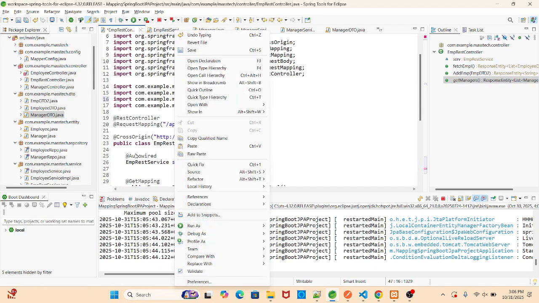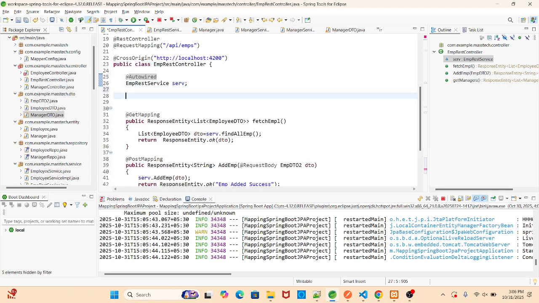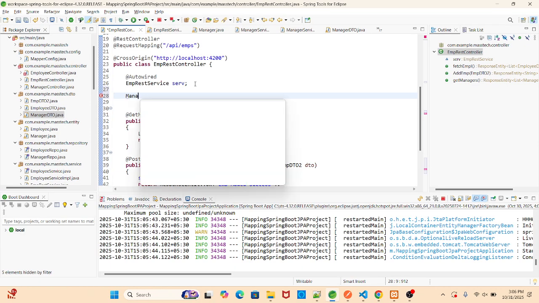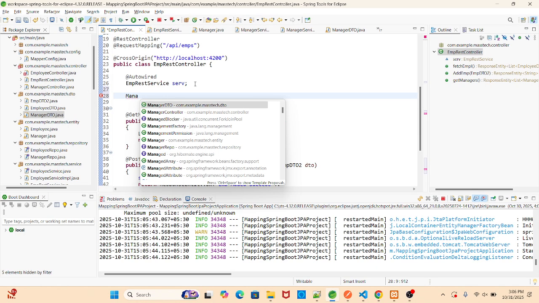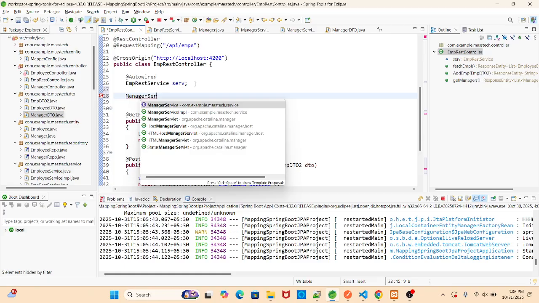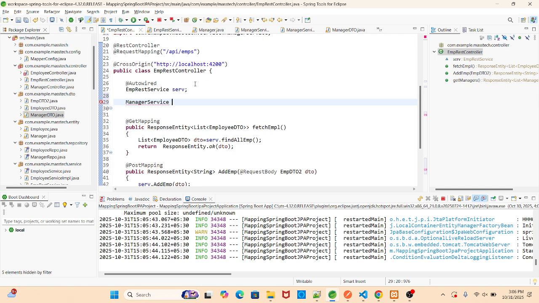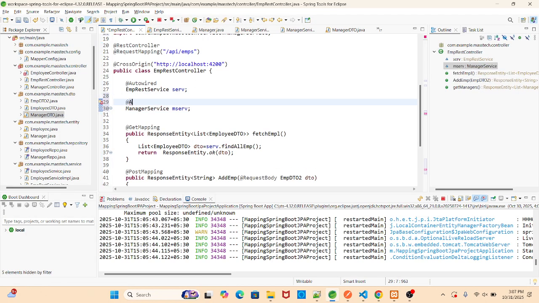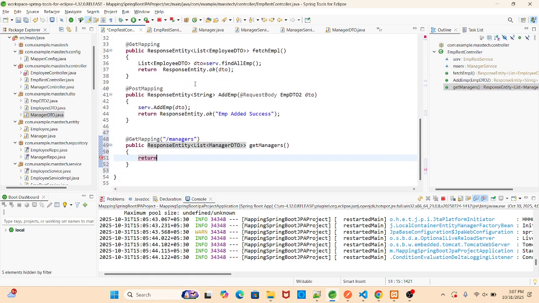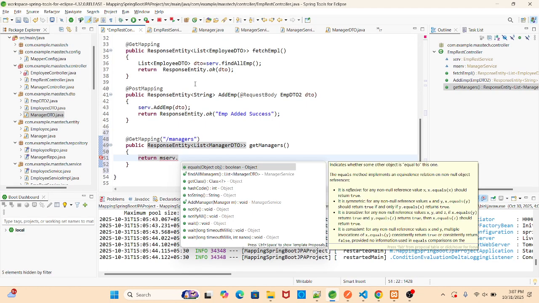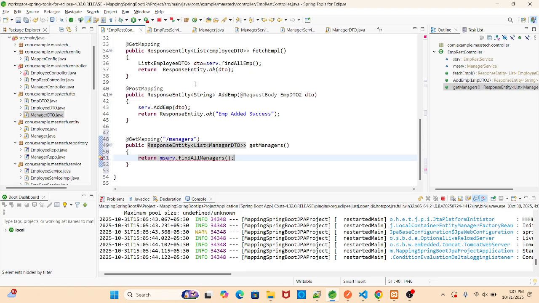The manager object we have not created here. The service implementation. So the manager service, this file we are calling here, or both will work. Here the manager service will also work. So here I am giving the name as mserve. It is autowired. mserve dot, here it is